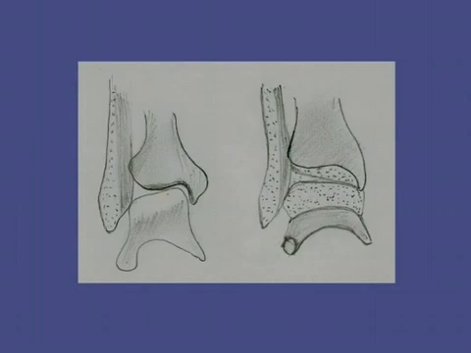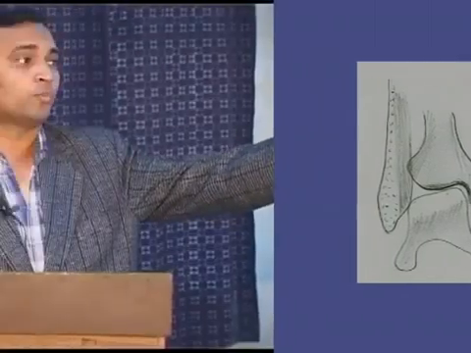If synovial fluid is there, there will be no friction in the bone, and when there is no friction, there is no wear and tear. If you want to tear anything, you should rub it and the particles will be removed from there. But if there is no rubbing, there is no damage, so we can save our articular cartilage. So we should take all measures to prevent leakage of our synovial fluid.